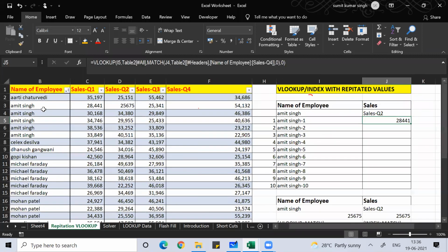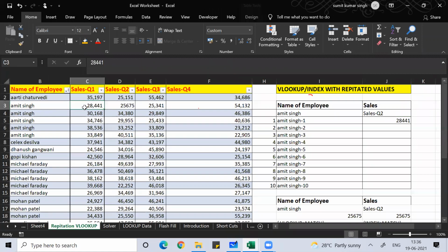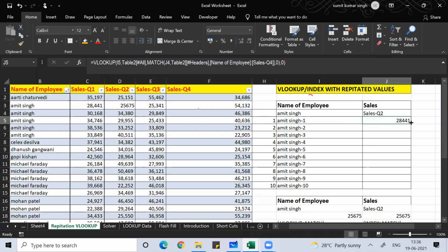You see there's some other value. It's showing you the quarter 1 value, 28,000, but it should give you 25,000. So here, if I use the MATCH command, this is J4.